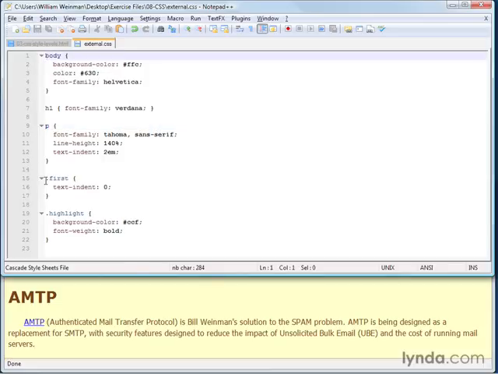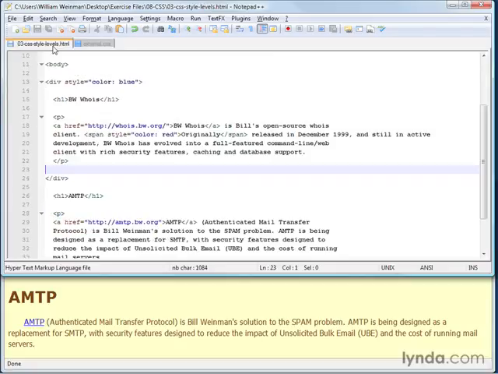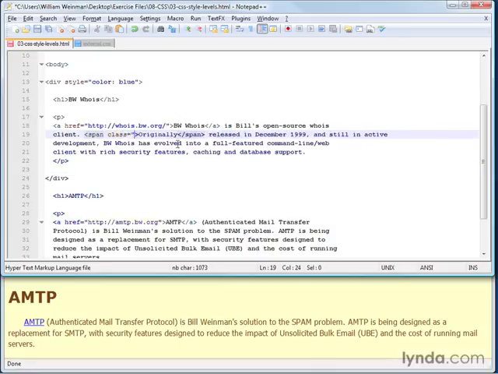When you see a period before the name, as in the case of first and in the case of highlight, those are called class selectors, and those are applied using the class attribute in XHTML. So here, instead of using style, if I simply said class equals highlight, that selects the class style using the class selector. So I'll go ahead and save that, and we'll look at it in CSS.